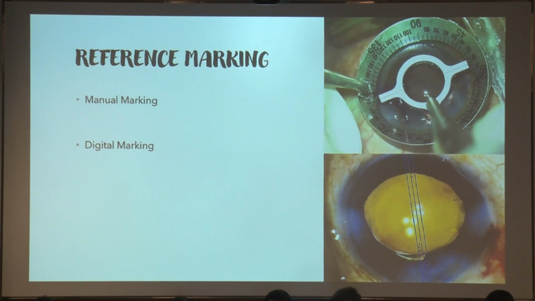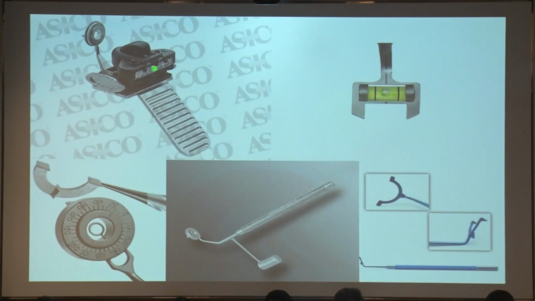So what are the reference markings? As Dr. Swati said, it is manual marking or digital marking. There are different studies, but in my own practice I used different kinds of manual marking before I switched to the digital marking system. Now I operate in 3 OTs. One OT has a Callisto system, another OT has a Verion, and in another OT I am still using the manual